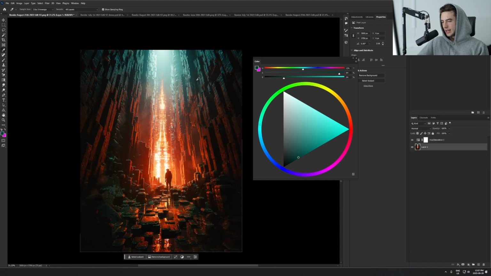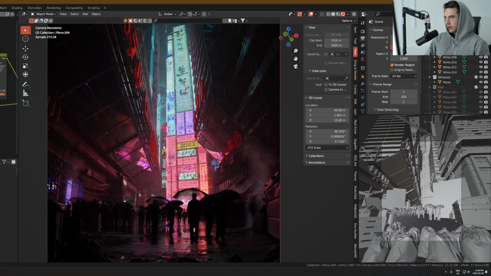I'll talk about saturation in a bit afterwards in the actual edits I've done here. But I think what I want to do right now is go into Blender and show you the exact settings that I've used to actually get these colors here. Something you'll notice is in Blender, the saturation is much lower than it was in Photoshop. So I'll generally keep it somewhat desaturated and not super intense in Blender, and then in Photoshop, that's where I'll just crank it and adjust the color so it matches and works a